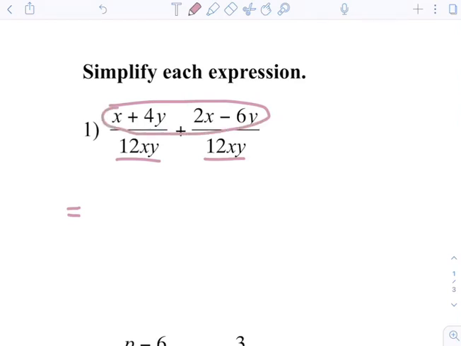Remember, you have to add like terms. So I can only combine the x with the 2x. Remember, that doesn't become 2x squared. You're not multiplying. We're just adding, so that becomes 3x, right? You combine the numbers in front of the x. Then I need to combine the 4y and the negative 6y. So that's 4 minus 6. That's negative 2y over